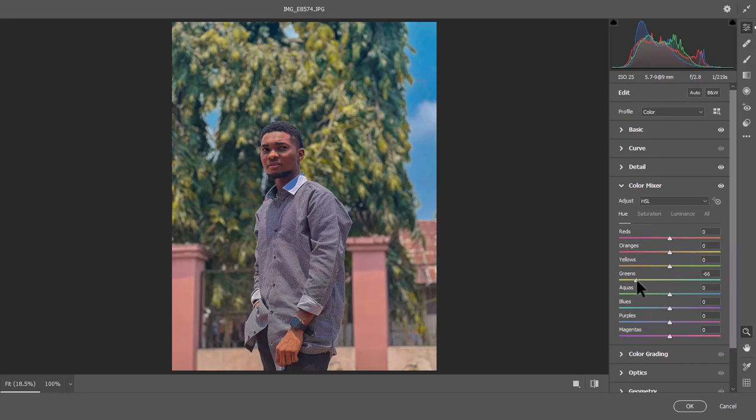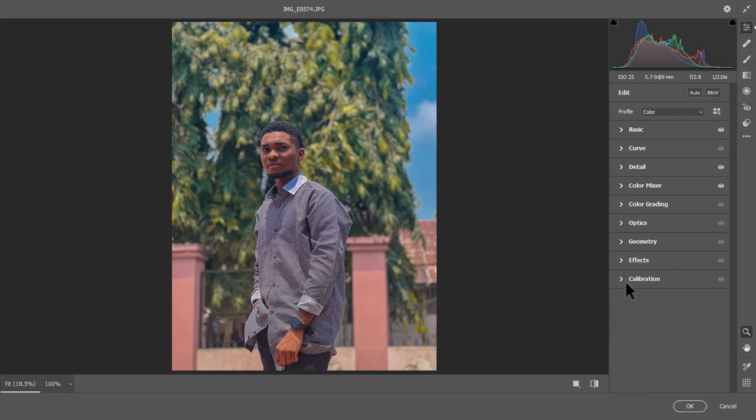While you're editing your own picture, you can play around with it and see what you like. So I think that's all, because that's all I'm going to be touching for this picture. I don't really have to touch any of the other colors, because no other colors here are really reflecting. So what I'll be doing now is heading over to